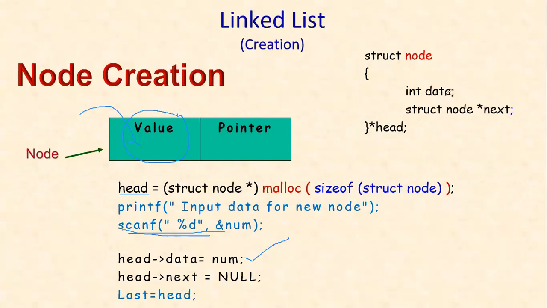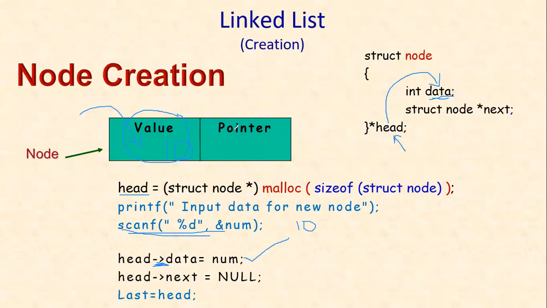In this structure, to access this data through a pointer variable, you have to use this arrow symbol, right? So head arrow data represents that the data belongs to this particular head pointer. So head data num is equal to num means what? The number value, suppose if you enter 10 here, this 10 will be stored in the value position. And what does this pointer contain? There are no further values, and this is only the first value. That is why I used head as a pointer here.